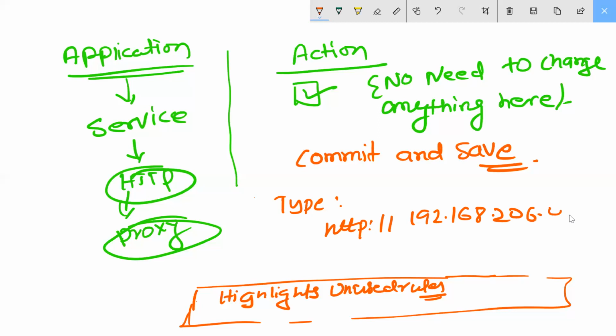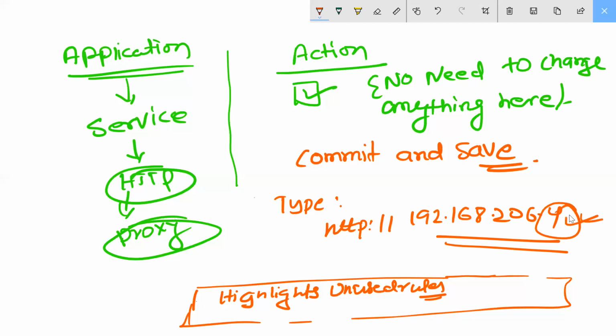Open it. I can't open it. That is inside the pool where you have added this IP address.